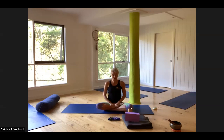So acknowledge that. Perhaps you want to bring to the forefront of your mind again your intention, if you set an intention. Our intention is for us to come together as a group and just to ground and to find that beautiful heart space and to come into our physical body. And then we finish with 3 things we're grateful for. Often in class, we just do one thing you're grateful for, or we do finding something we're good at, our strength, or what we're proud of. But I think in these challenging times, gratitude